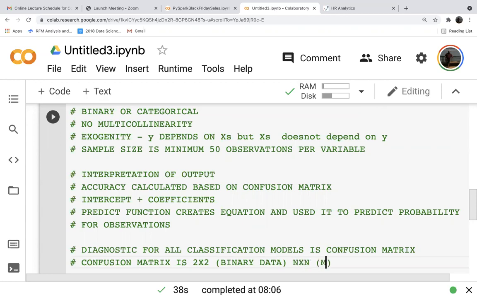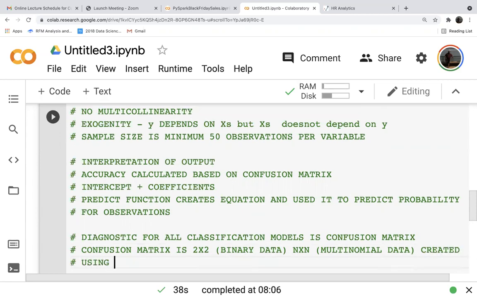It is created using cross tabulation of actual class in Y and predicted class of Y. Y means the dependent variable.